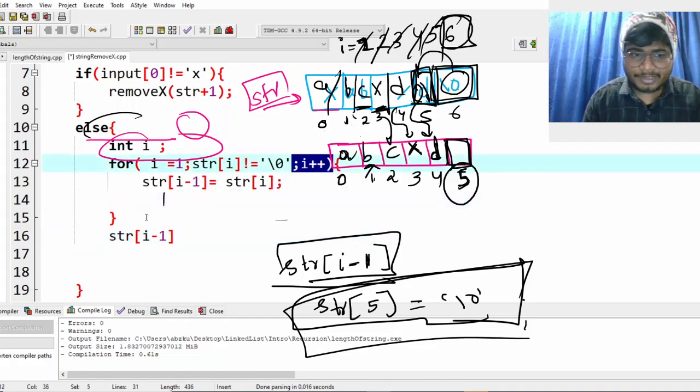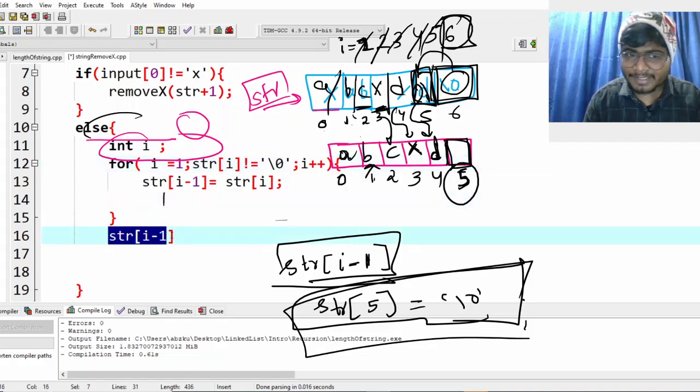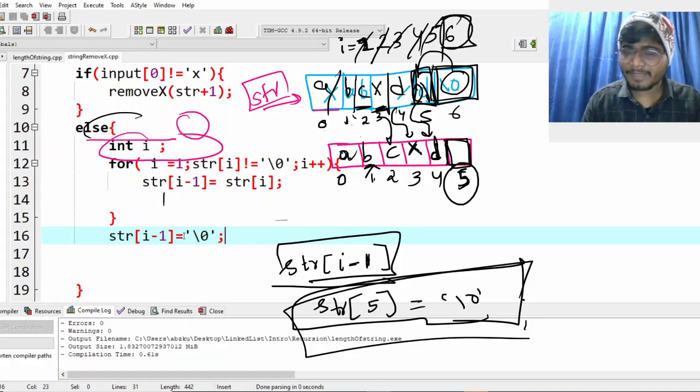Okay, so 6 minus 1 is 5 index. You put the value null. So inside of this null. Till here it's fine. Okay, till here we have actually what we have done effectively